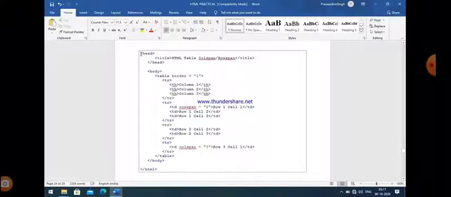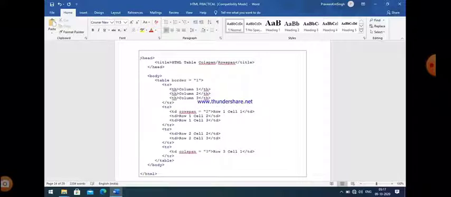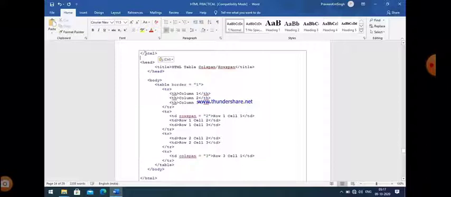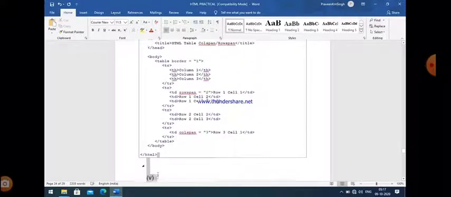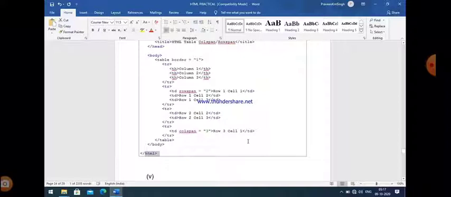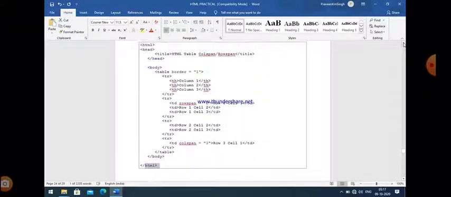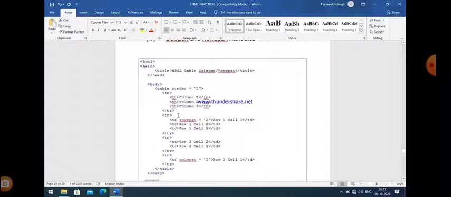So basically these are the attributes of TD, the table data tag, and the purpose of using these two is that we want to merge cells. If we want to merge two or more cells row wise or column wise, then we can use row span or col span.